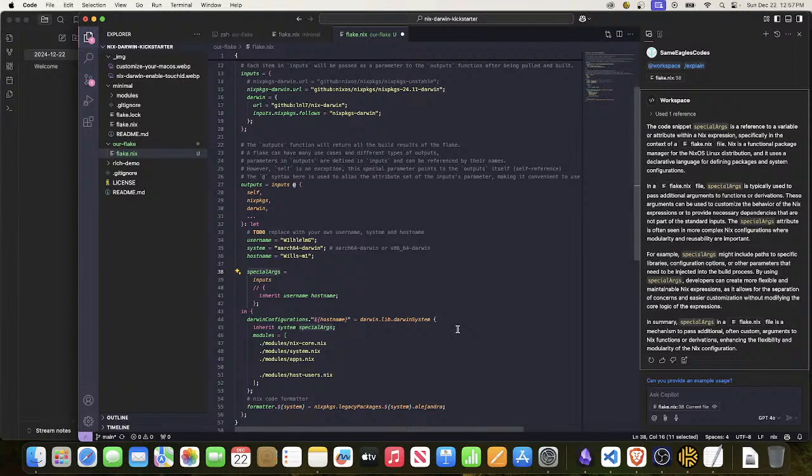My work laptop, anywhere else that can be. So special args might include paths to specific libraries, configuration options, or other parameters. Looks like in here we just have our username and our host name, which is probably fairly useful for